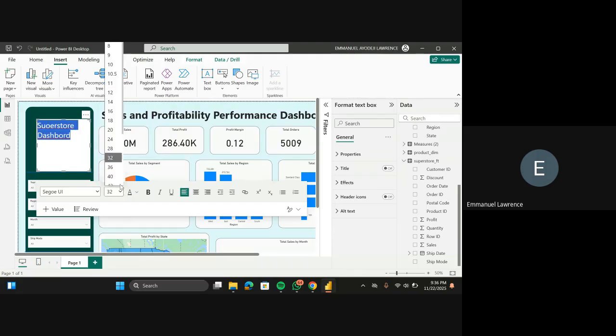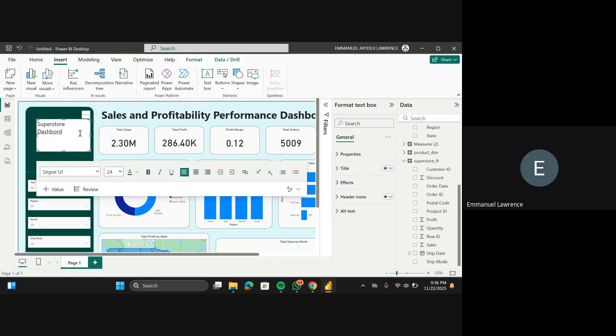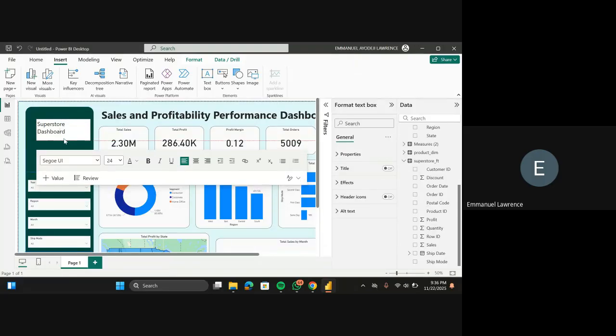Oh, it's too big. I'll make it 24, right? So this is not Superstore. Superstore Dashboard, right? All right. Sorry, board is not even correct. There's no head here. Okay. So I'm going to be reducing this. I'll be putting it here.